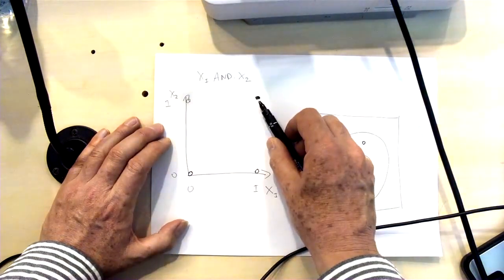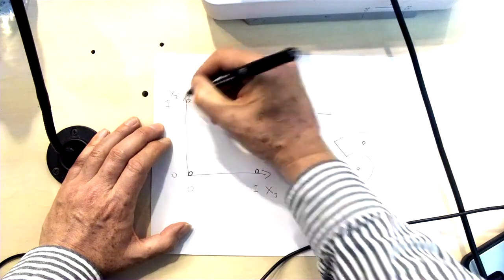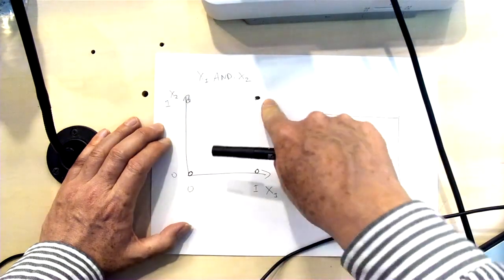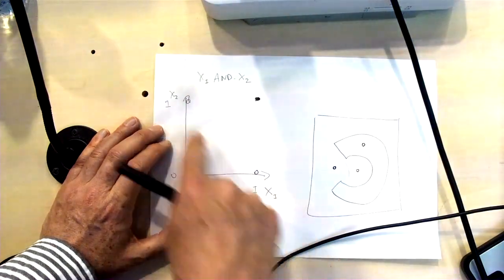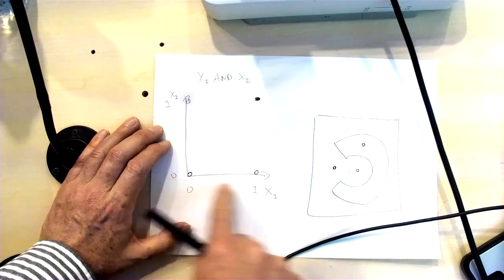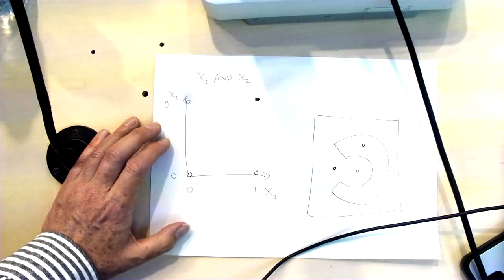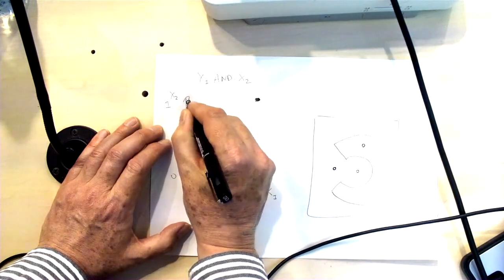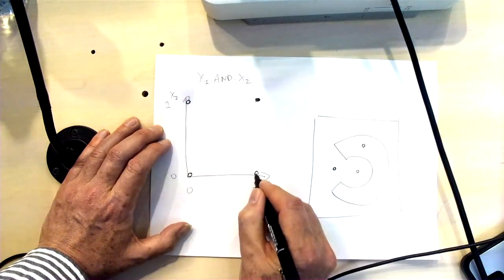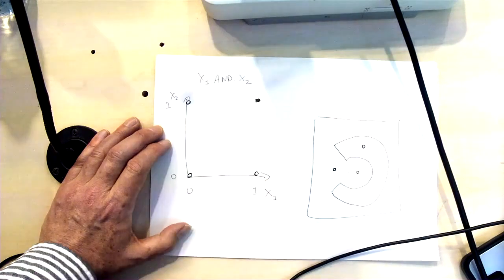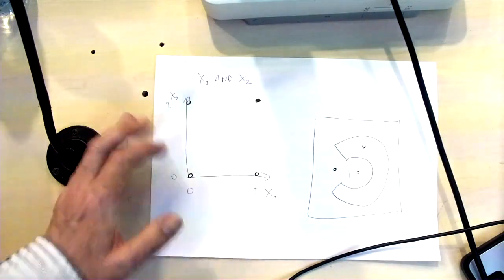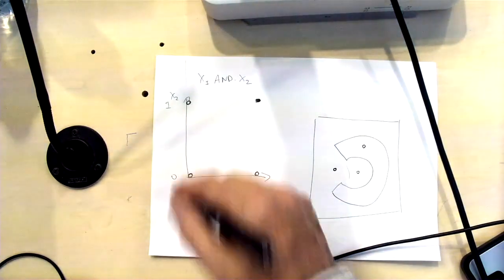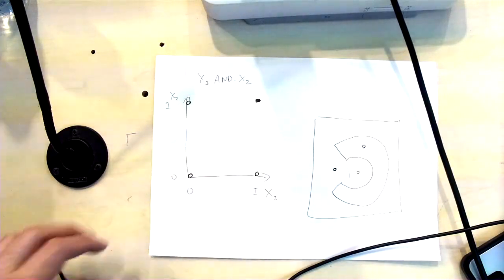So if these are both equal to 1, then the output should be 1, and if it's both 0 or one of them 1 and the other 0, the output should be 0. So we get this picture in 2 dimensions, and we draw each data point as a circle, and